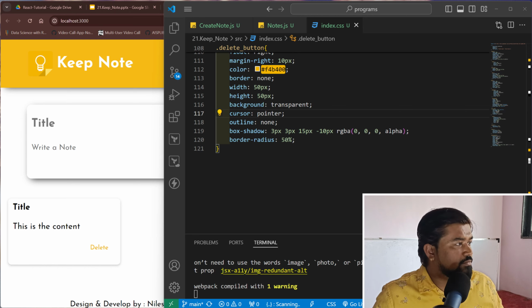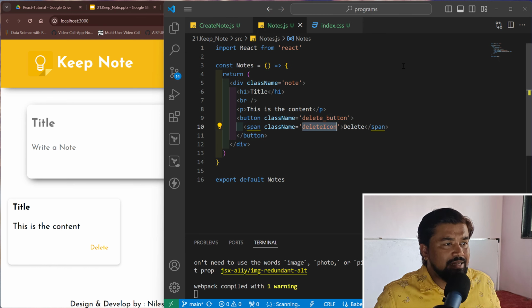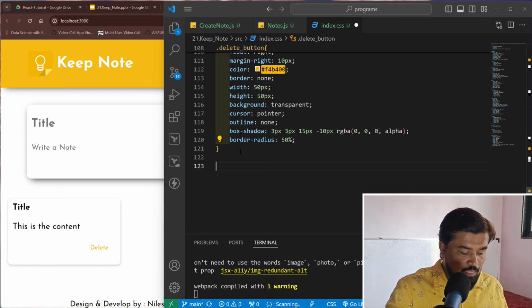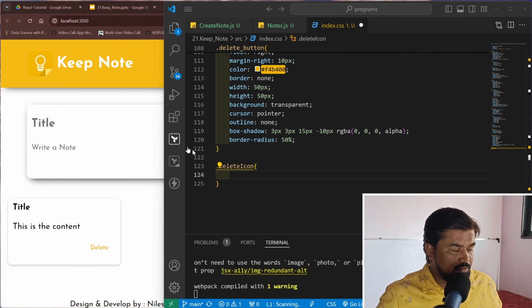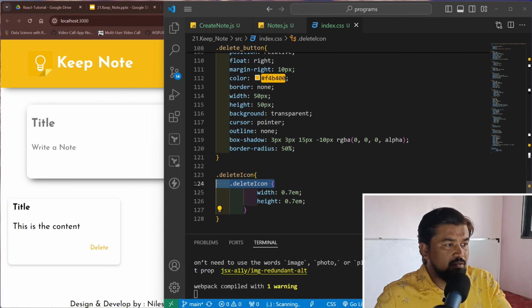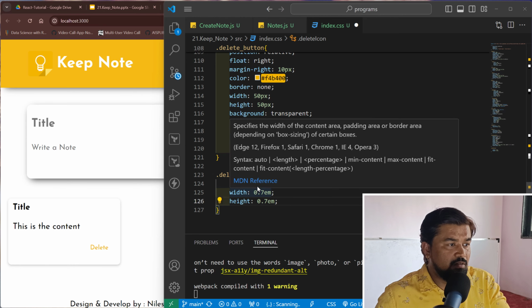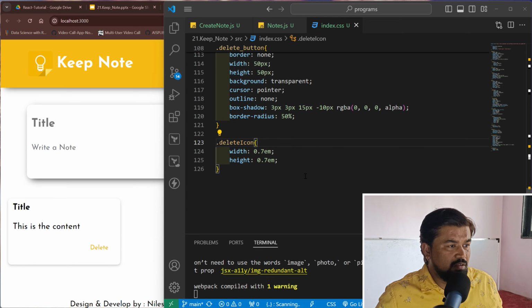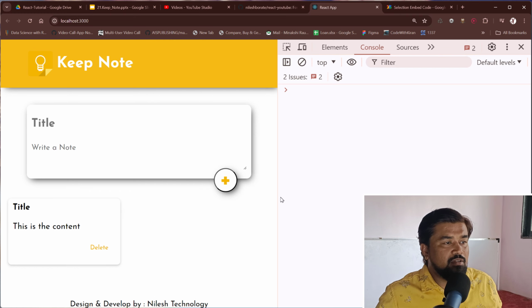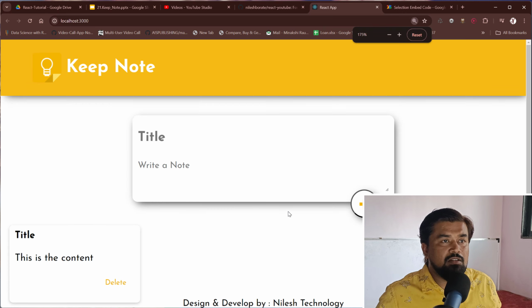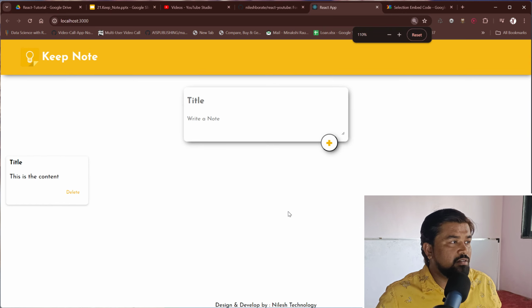Then for the delete icon, it's a delete icon. We use a width and height. I think that is not required, but it's okay. Fine, I think that is enough. So it looks like this. Okay,